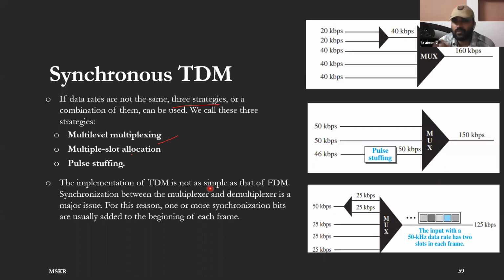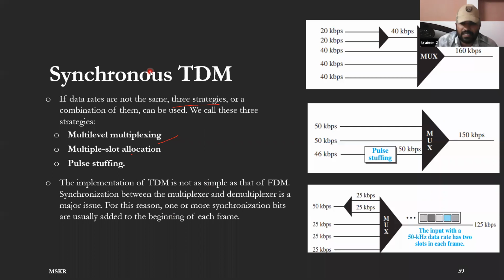Okay, so the sender rotates at one speed and the receiver rotates at a different speed, obviously you will miss that sync. So you need some mechanism to maintain this sync. So we are going to add synchronization bits along with your data bits to get synchronization among the multiplexer and demultiplexer. That is another wastage of bandwidth.